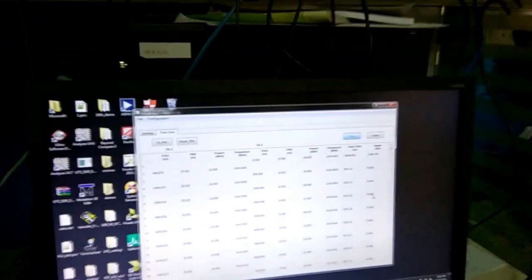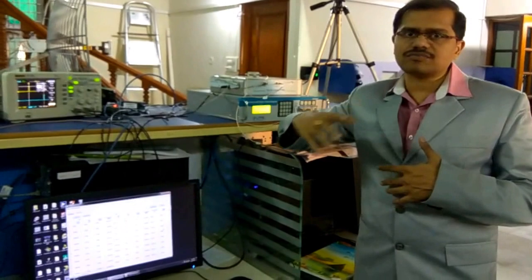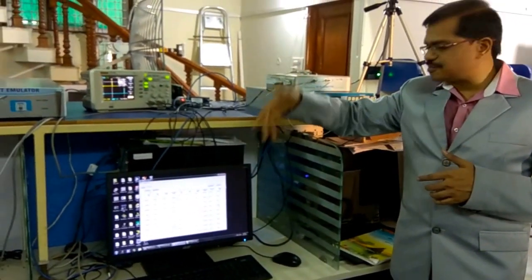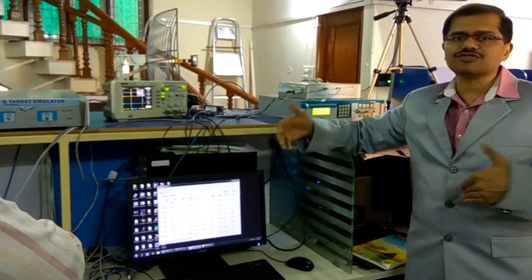So this way it is possible to simulate whatever echo power attenuation you want and whatever delay you want to simulate, which could correspond to anything from a few meters to a few kilometers.